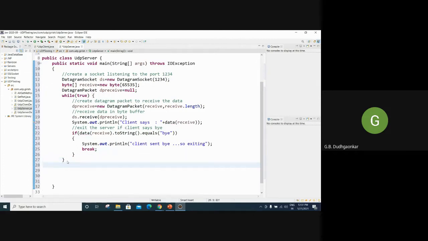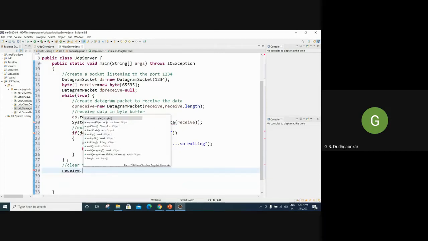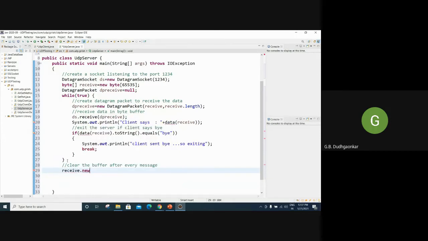Now after that we have to clear the buffer. After every message, clear the buffer. So here receive equals new byte array; every time we have to use that, 65535, assuming that the client can send that much message.